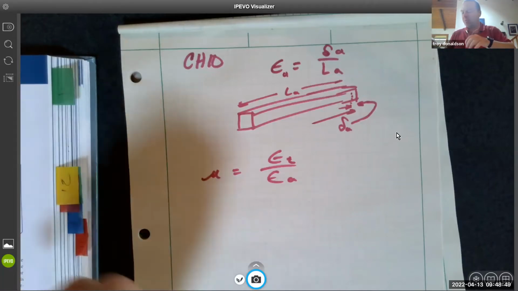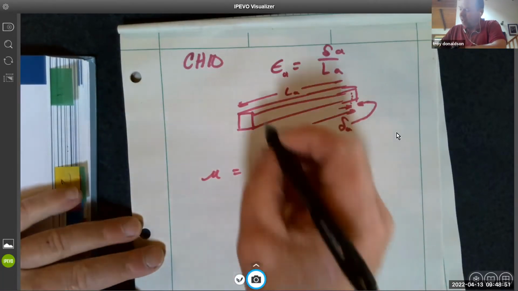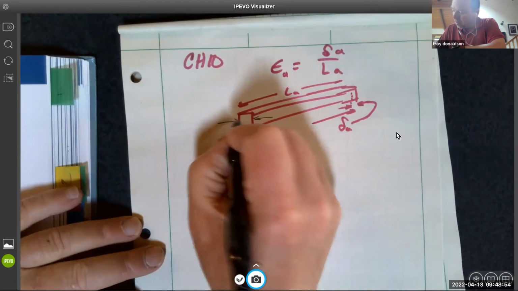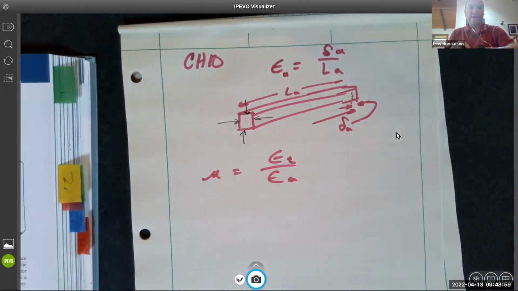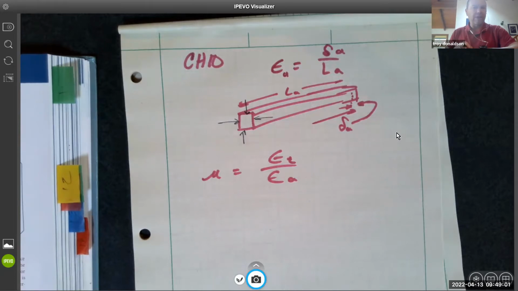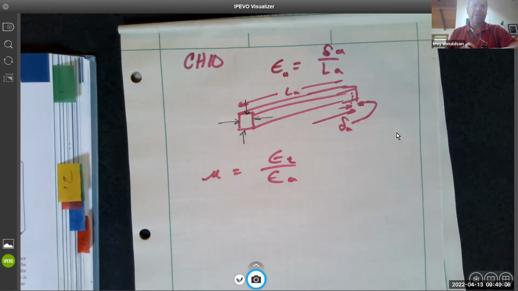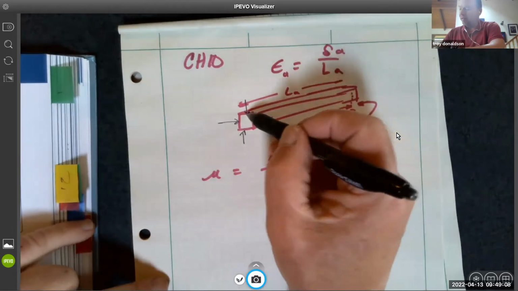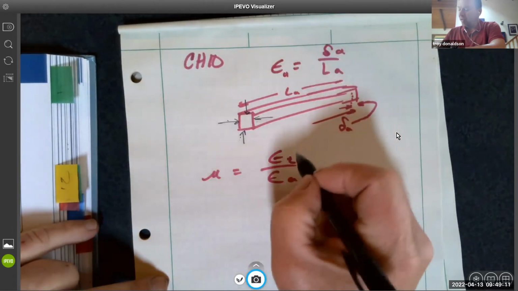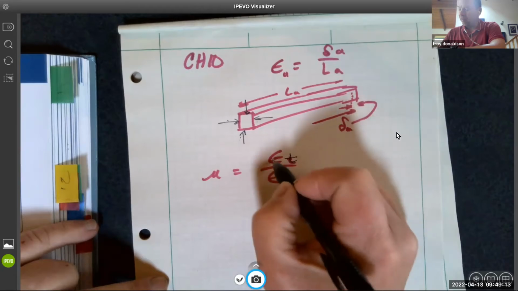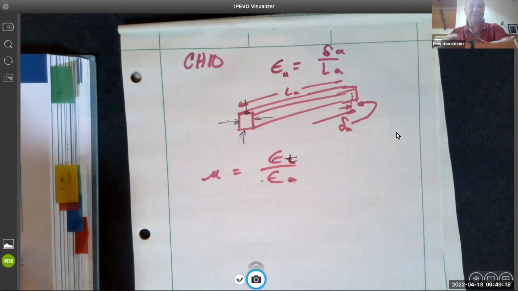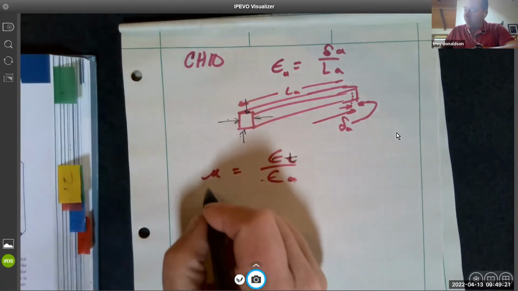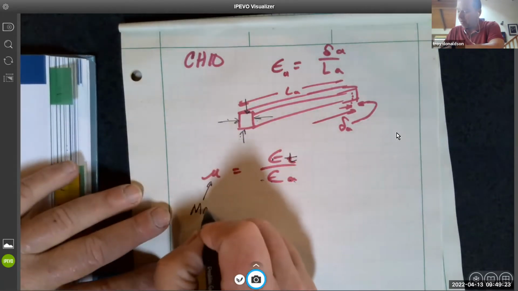So when the cross section shrinks, see if I have another device here. Oh, I've got a pen. Perfect. This dimension is going to shrink. If it's a square, then it shrinks proportionally on each side. If it's a rectangle, then it's going to shrink differently on each side, and you'll have to calculate those separately. So this change in dimension is the transverse strain. This change in dimension is the axial strain. So Poisson's ratio is a